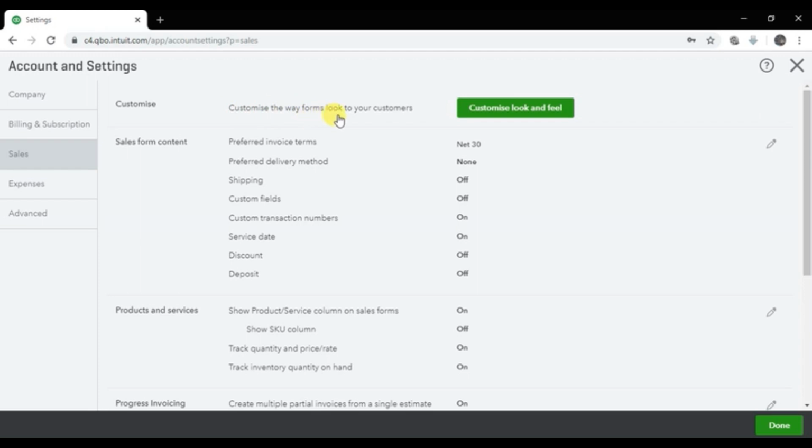Customize the way forms look to your customer. We have one standard layout for our invoices, for our estimates, quotations, and for our sales receipts. But if your client wants to customize it as per their requirement, how can we change the standard layout of your invoices, estimates, or receipts? You can click this option, customize look and feel,